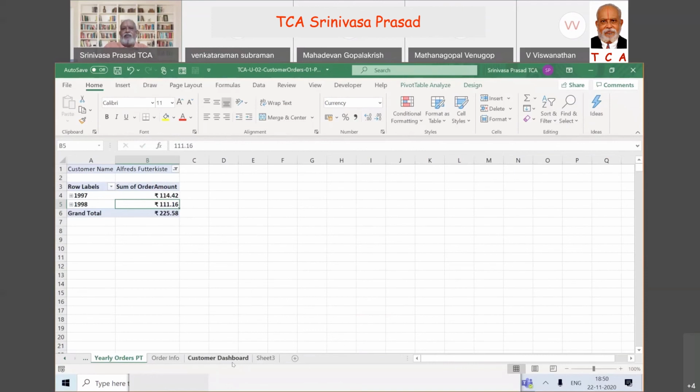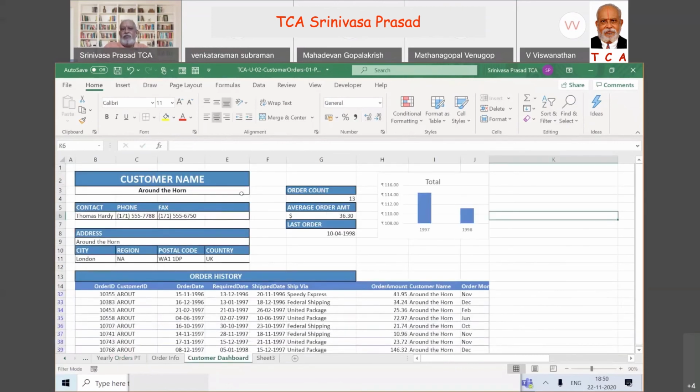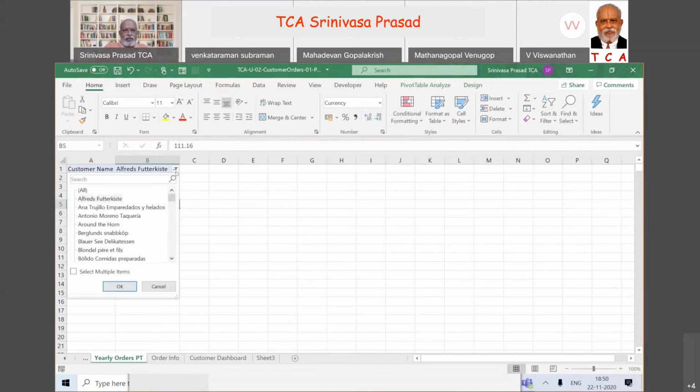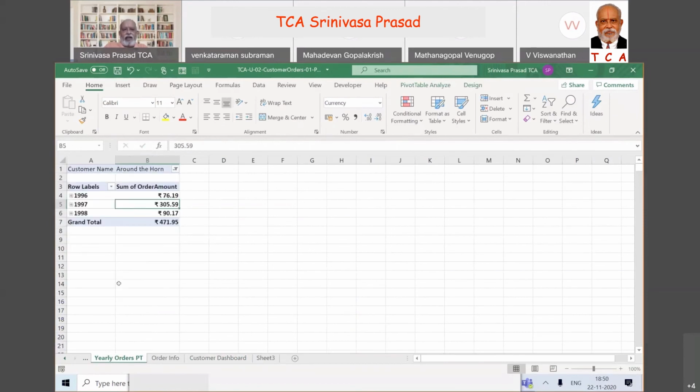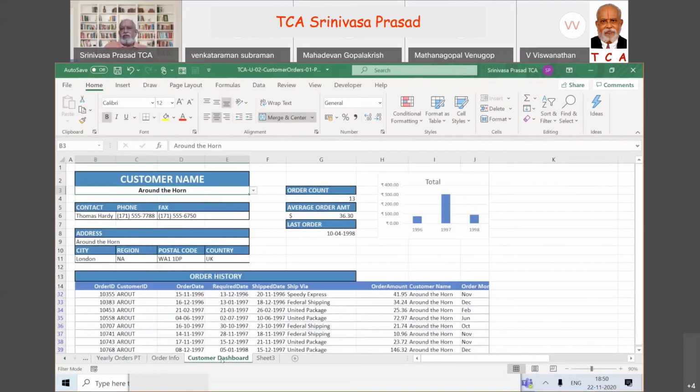Whereas in the customer dashboard, we are in around the horn. So if you want around the horn and the chart also around the horn, I will have to go to this, go to the filter, I will have to check around the horn, then I click. Now my chart has become around the horn chart.